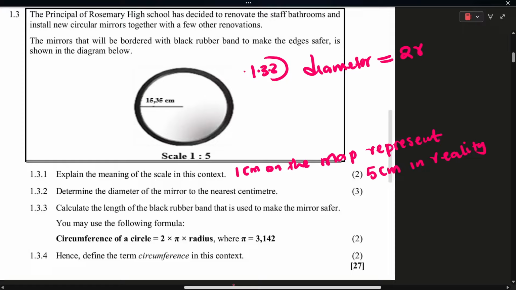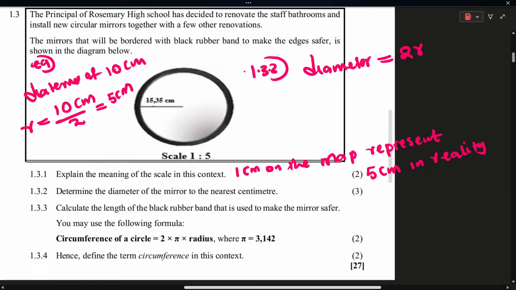If we are given, for example, a diameter of 10 centimeter, we look for radius. So you say radius is equal to 10 centimeters divided by 2, and then the radius becomes 5 centimeters. This is an example. You do this, and then when we look for a diameter, we multiply. So we say 2 into